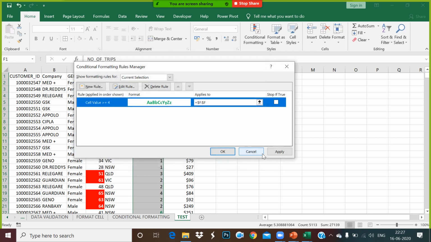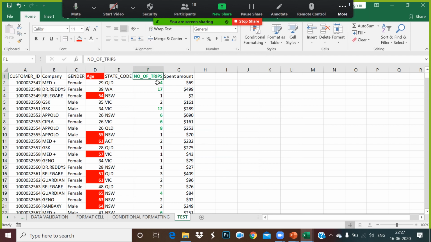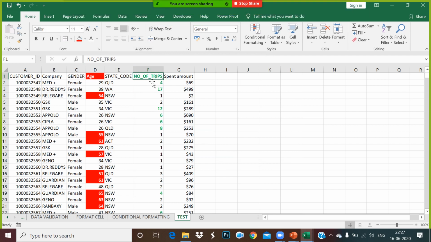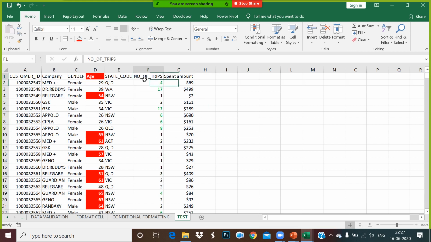Yes, sir. Now you apply this logic to everyone. Why is it happening here? If it is not a number also, it is going to read this into green color. That is wrong. So what we can do, apply this and we can change it here. This has to go with the values, not by the header. Understood? Yes, sir. Sir, but why is it happening? Because we selected that entire range, I guess. We select this entire column. That's why it is coming.